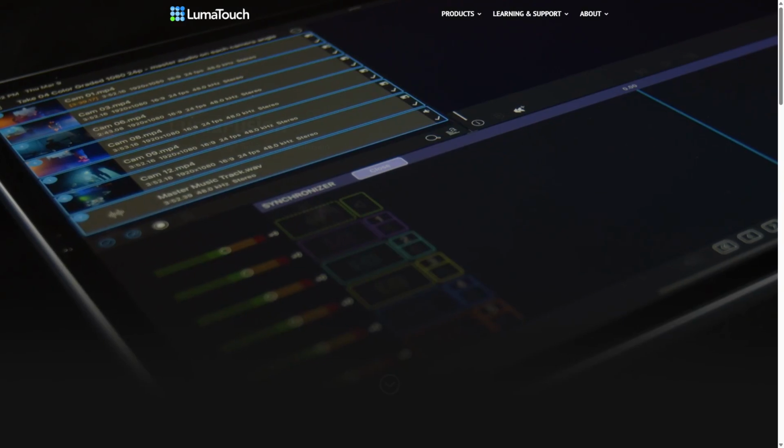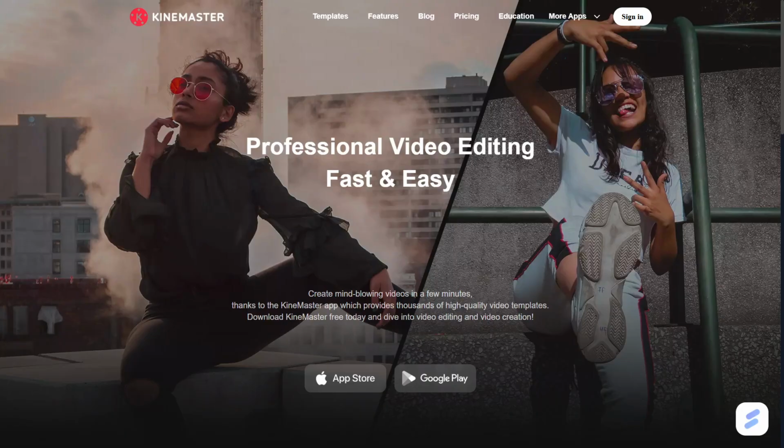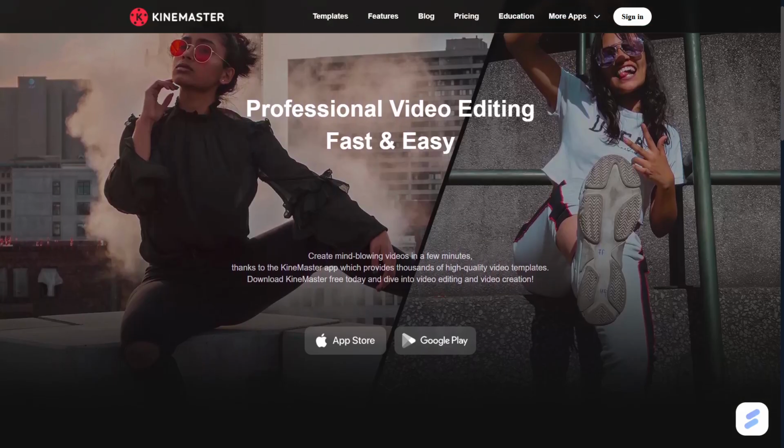KineMaster's strengths lie in its intuitive interface and real-time editing capabilities, which suit beginners and intermediate users seeking quick yet polished results. However, its free version includes watermarks and ads which require a subscription to remove, while powerful, KineMaster may lack some advanced color grading and audio mixing features compared to professional desktop editors. Ideal users are content creators, social media influencers, and casual editors who want a flexible, accessible app with robust tools